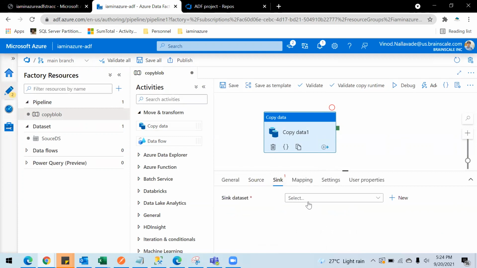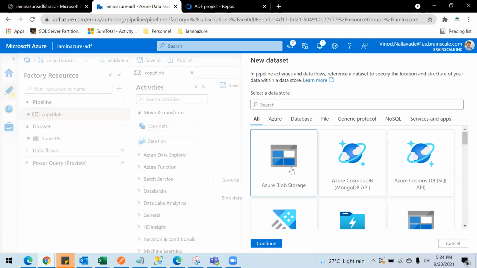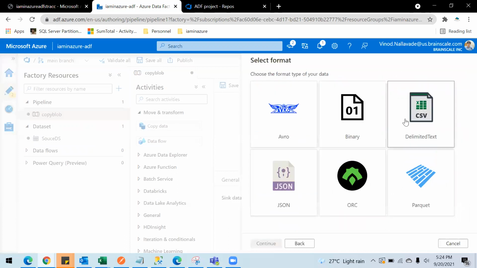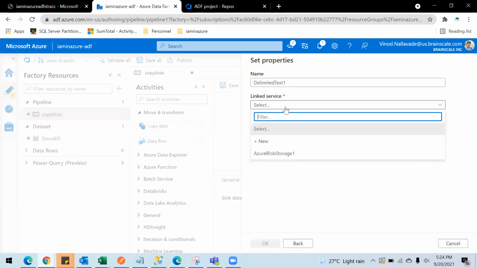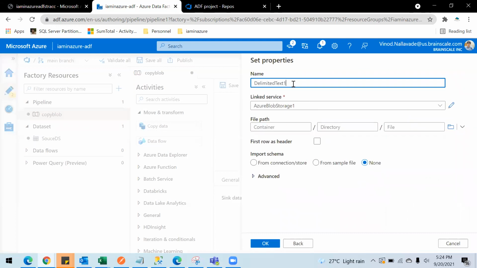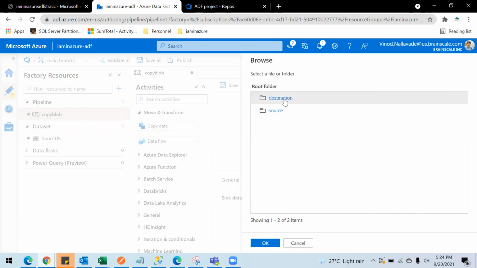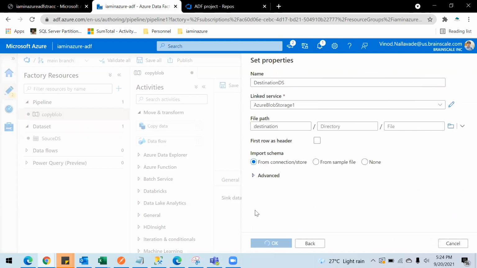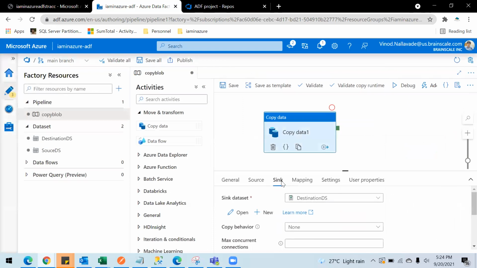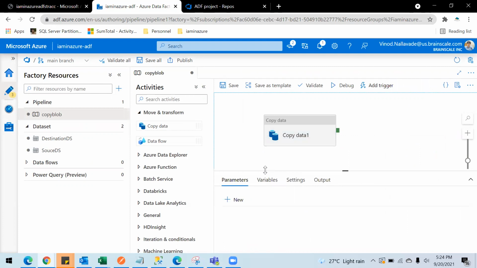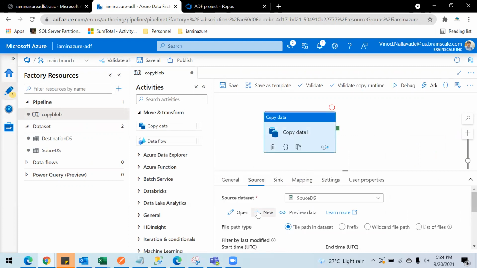So in the sink, I'm going to create a new data set. Again, this is same, and the linked service is same. I'm going to name it as destination ds, and the container is destination container. Save. So my pipeline is ready with a very basic copy activity, which will copy data from one container to another container.